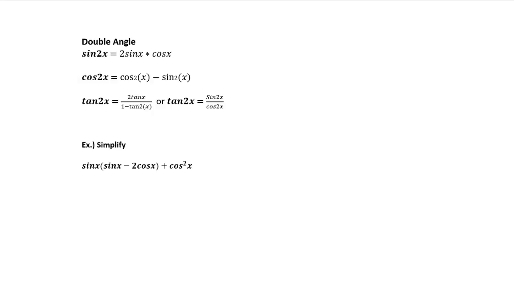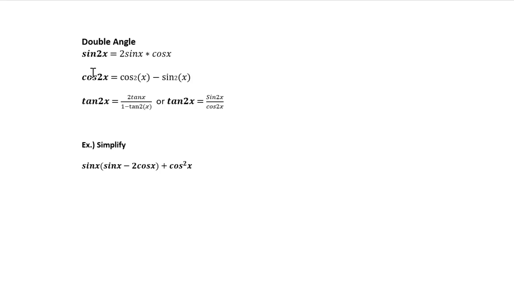Okay? And the last thing we're going to do in this video is double angle. These are all double angle identities. You'll definitely need to know these. They're very, very important. We have sine double angle: sine 2x equals 2 sine of x times cosine of x. Cosine of 2x equals cosine